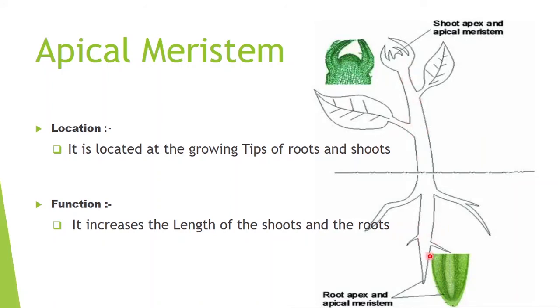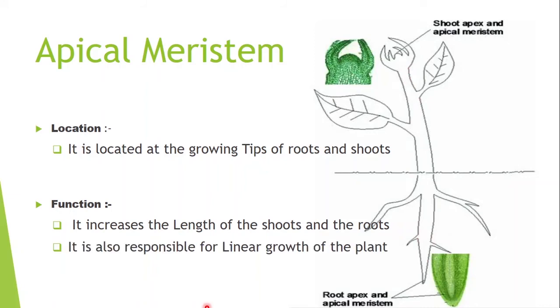Next, it is also responsible for linear growth of the plant. It means your plant is growing only this way, not this way and not this way. Why? Because of the apical meristem. It means apical meristem is responsible for linear growth of the plant. So our next one is